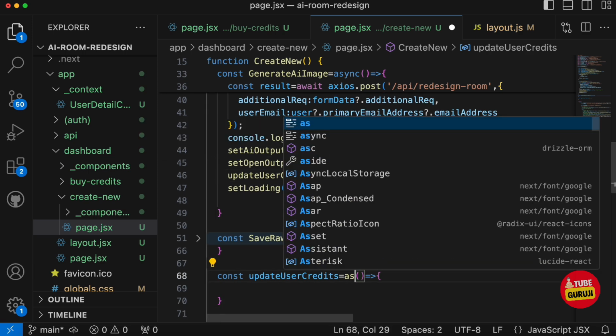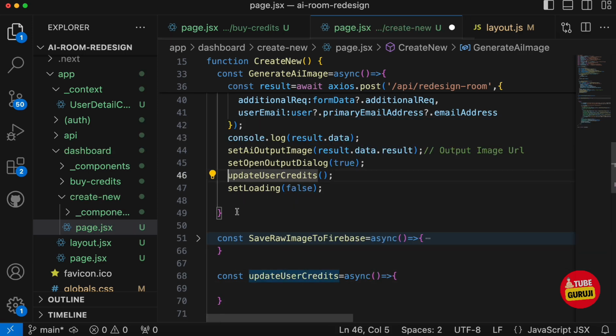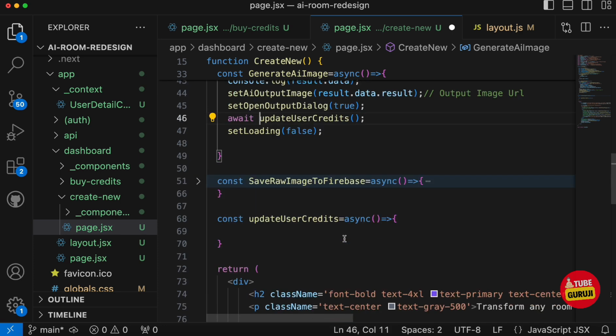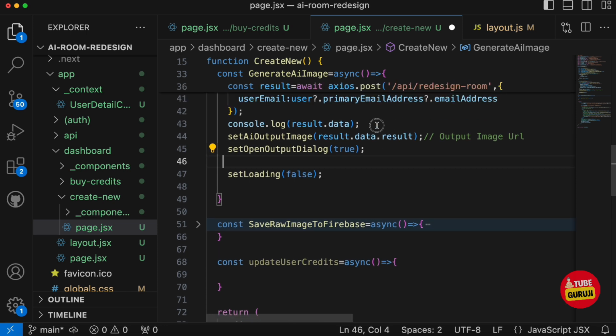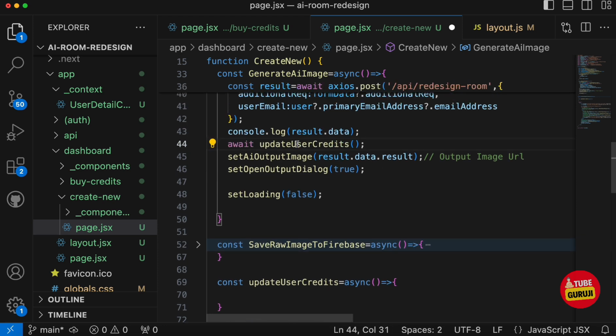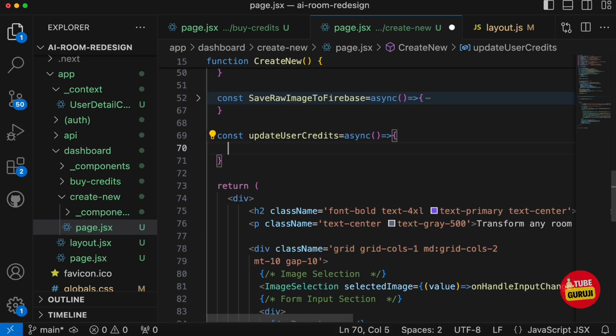I will make this async, and here we'll say await, okay, and simply maybe we can just replace it or push it over here, okay, and then over here we'll call